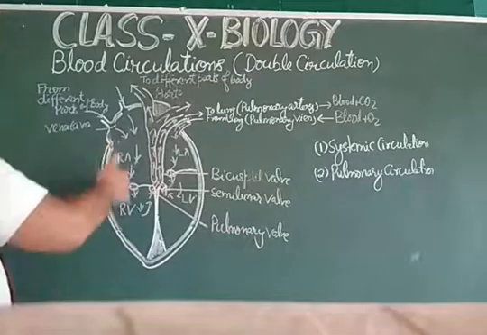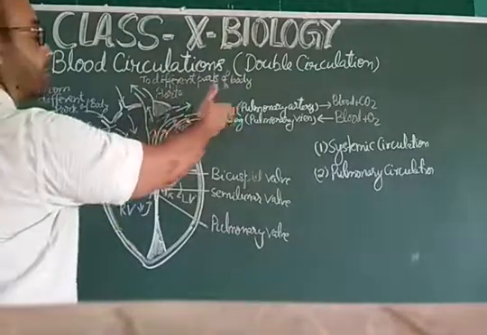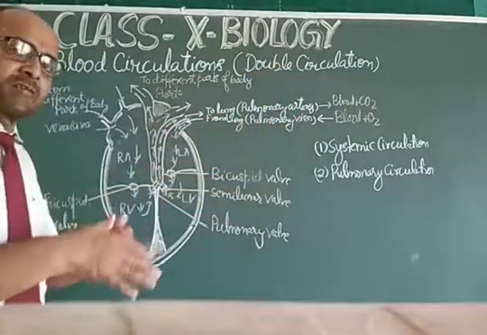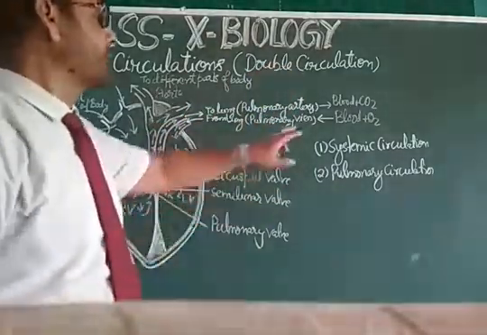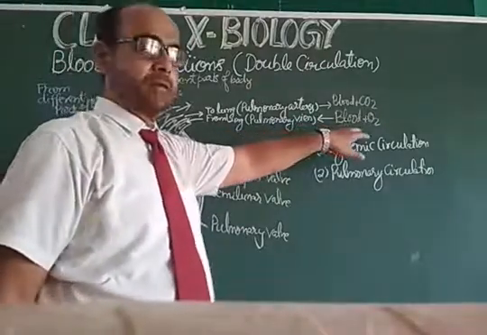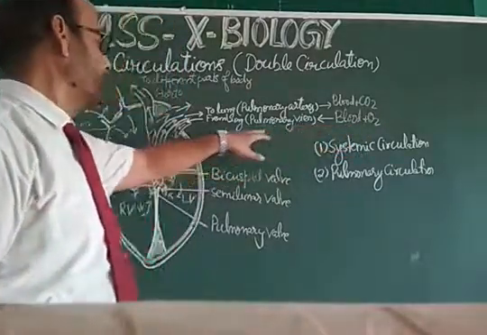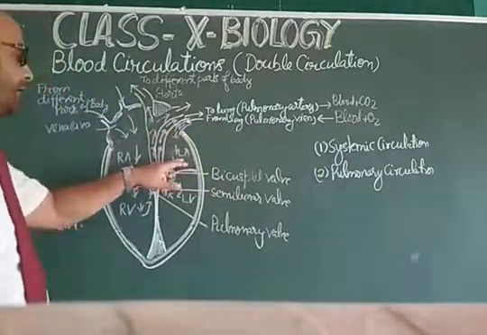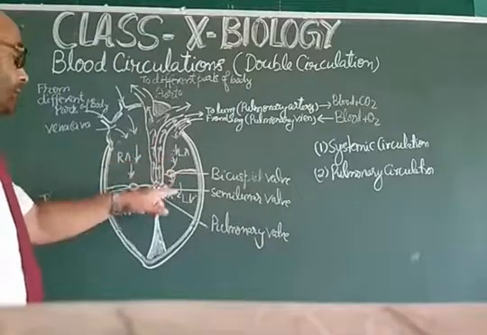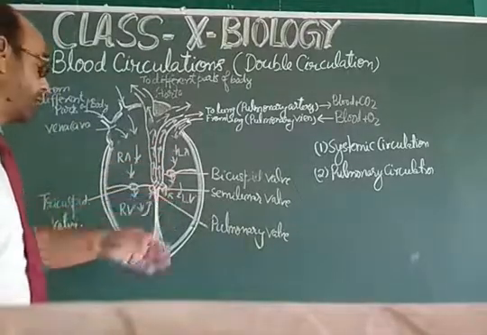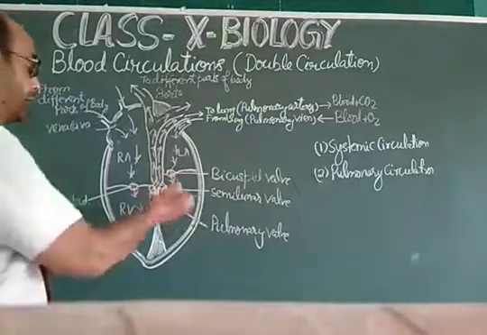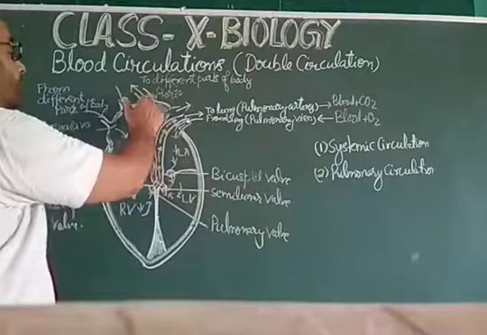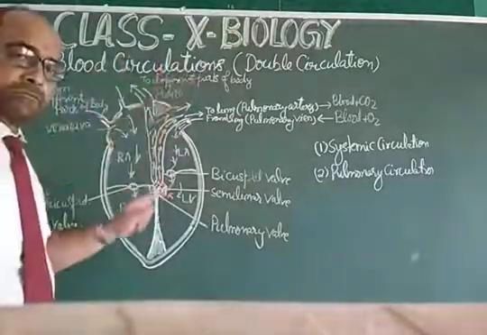So further this blood is going to the lungs. That blood is deoxygenated, containing carbon dioxide, and in the lungs the gaseous exchange takes place, and when the blood gets oxygen, the oxygenated blood comes into the pulmonary vein, and from the lung it is coming into the left atrium, and from the left atrium it is going into the left ventricle, and finally the left ventricle contracts and the blood is pumped into the aorta, and from the aorta blood gets supplied to the different parts of the human body.